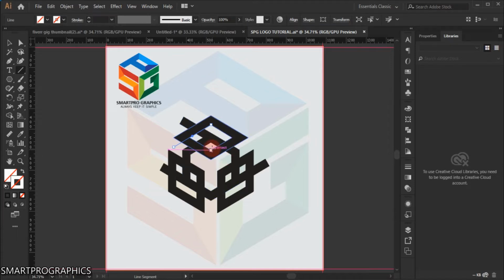I think this line here is not really necessary. This line here is not necessary. You can actually delete that. So for the S, let's make another line here. Let's extend that